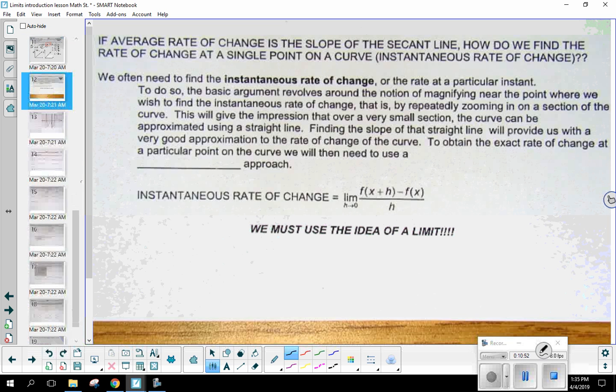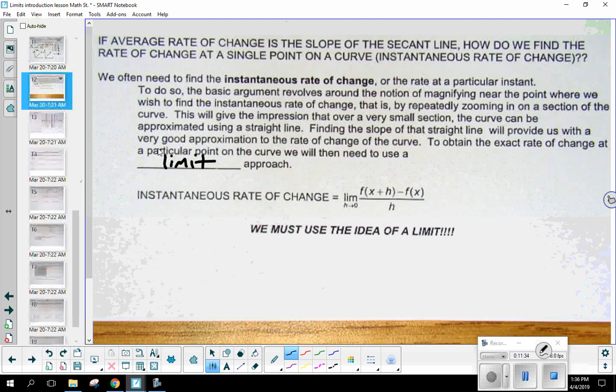All right, so if the average rate of change is the slope of the secant line, how do we find the rate of change at a single point on a curve? What we refer to as instantaneous rate of change. That's what we refer to as a derivative. To do so, the basic argument revolves around the notion of magnifying near the point where we wish to find the instantaneous rate of change. That is by repeatedly zooming in on a section of the curve. This will give the impression that over a very small section, the curve can be approximated using a straight line. Finding the slope of that straight line will provide us with a very good approximation of the rate of change of the curve. To obtain the exact rate of change at a particular point on the curve, we will then need to use a